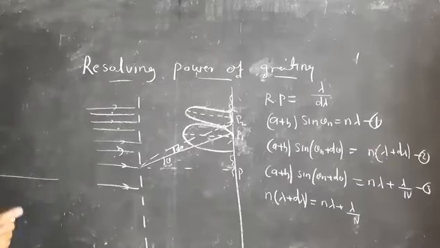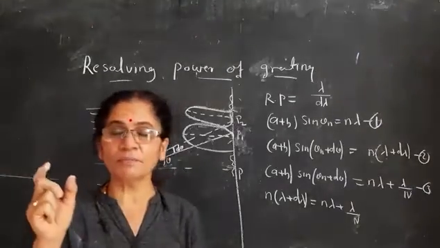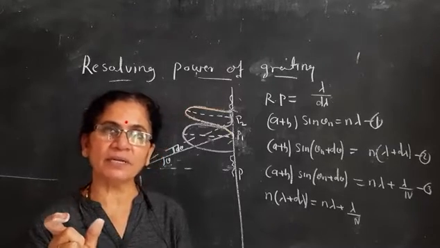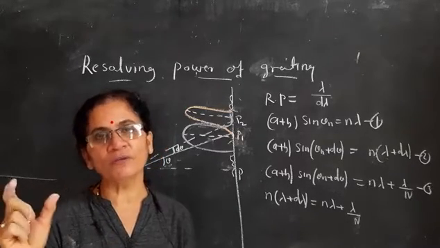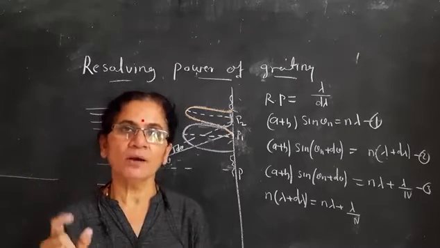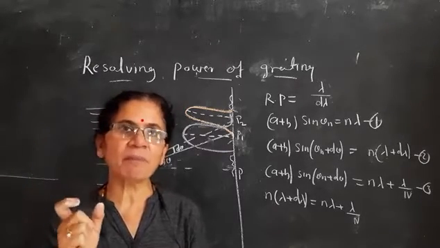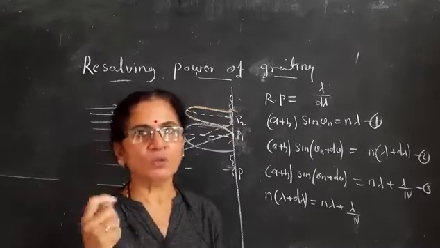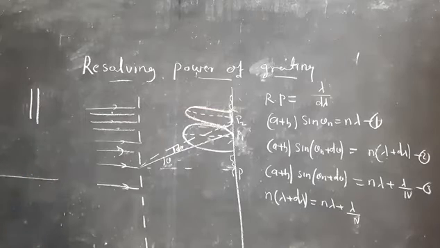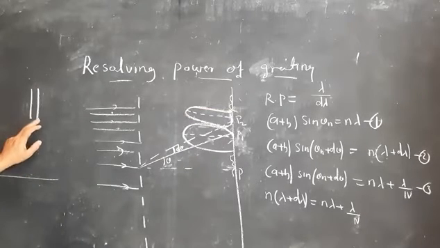See, actually, what is the resolving power of any instrument? Ability of that instrument to separate the images of two-point objects if it is a telescope, or to separate the images of two spectral lines which are very, very close. Okay, so here if you have two spectral lines, as I told you in the online lecture, lambda 1 and lambda 2, but they are very, very close.